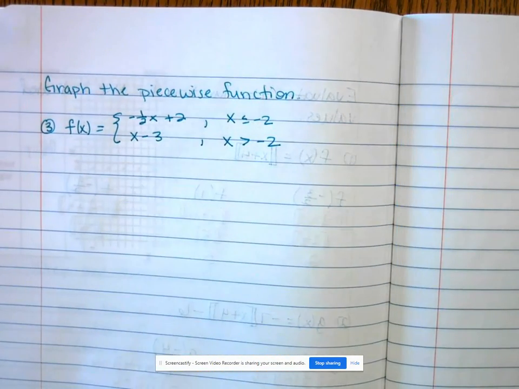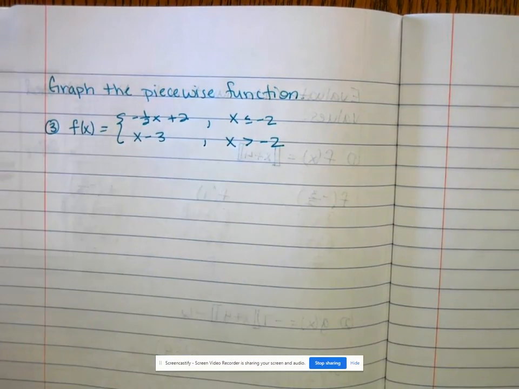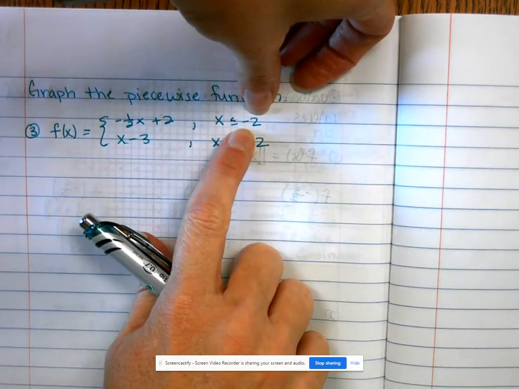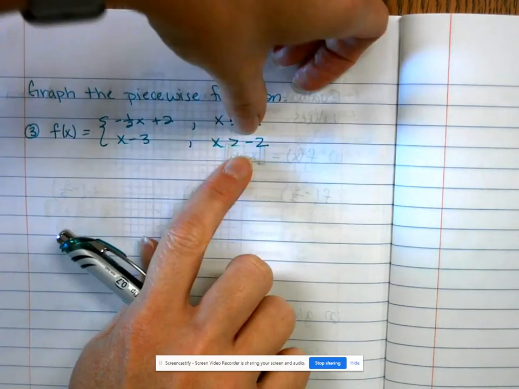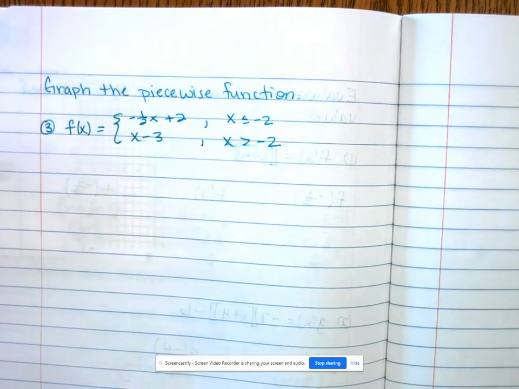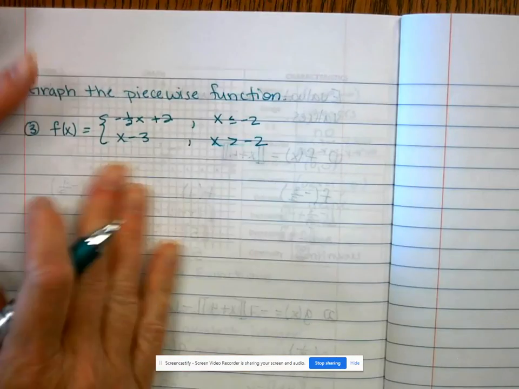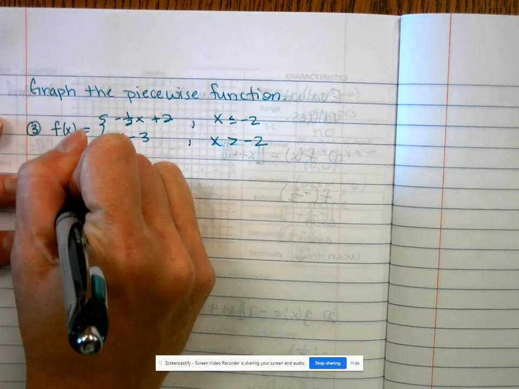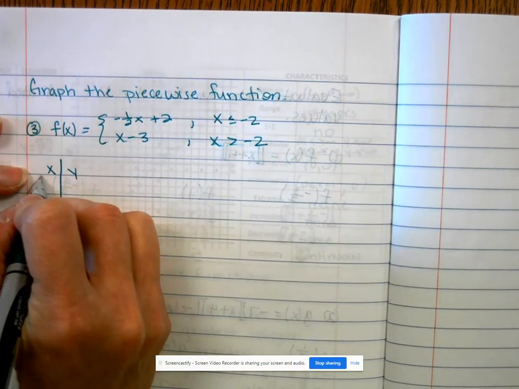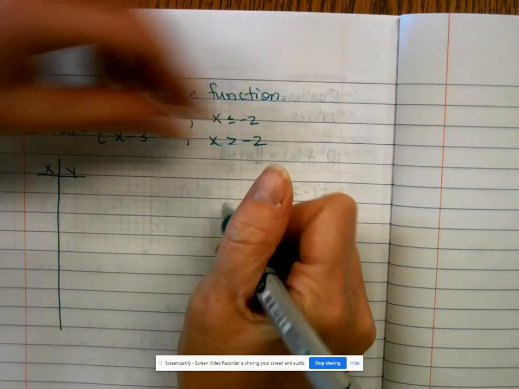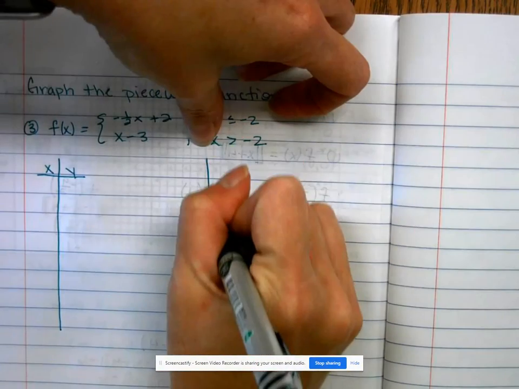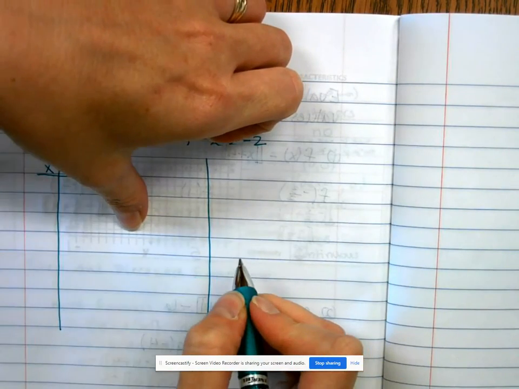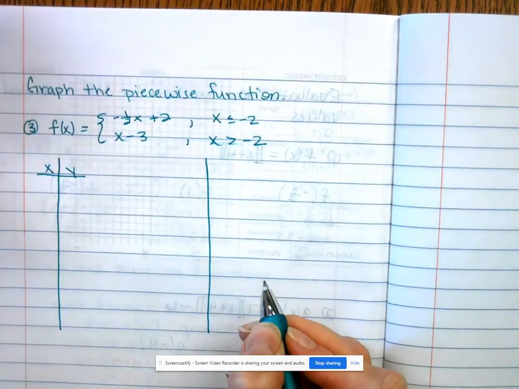Okay, so for a piecewise function, remember that you have more than one piece and it's on a restricted domain. So we're going to have this graph up to -2, and we're going to have this graph past -2. So the way that we're going to handle this is, there's really two ways. I'm showing you the easiest way for everybody to understand. If you've learned to do this before and you can do it without making a t-table, I'm okay with that. But it's easier for a lot of people if they make a t-table, so that's what